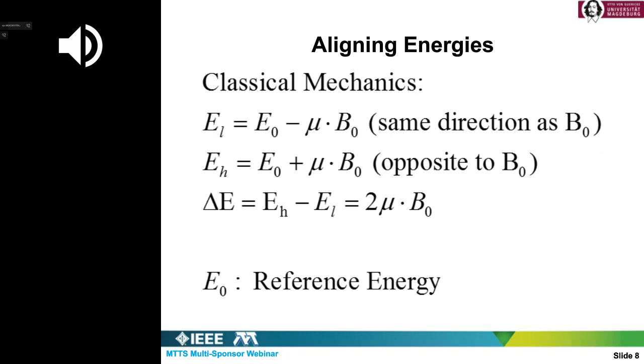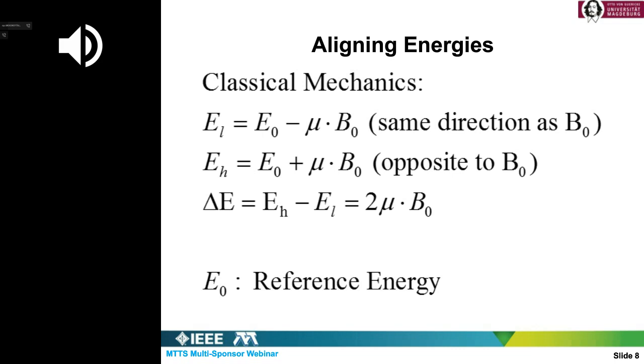If you look at the description of the whole thing in classical mechanics, the energy of the lower energy state is some background energy, which is irrelevant for us now, E naught, minus the product of mu, the magnetic dipole moment, times the applied static magnetic field. And this is the lower one, which is directed along B naught. The higher is E naught plus mu B naught. So the difference itself is twice mu times B naught. This quantity is really very, very small, so that measuring it from outside the body is really an engineering